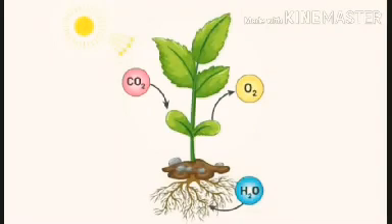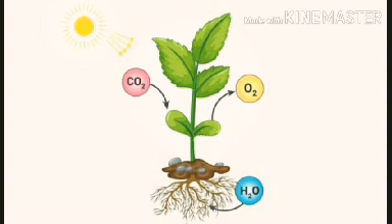So now we will talk about autotrophic nutrition. This is the mode of nutrition in which autotrophic organisms, or we can say autotrophs, fulfill their energy and carbon requirement by the process of photosynthesis. Okay, autotrophs. Whenever we say this word, as we have already studied in our junior classes, plants are normally called autotrophs. Why? Because they produce their own food.